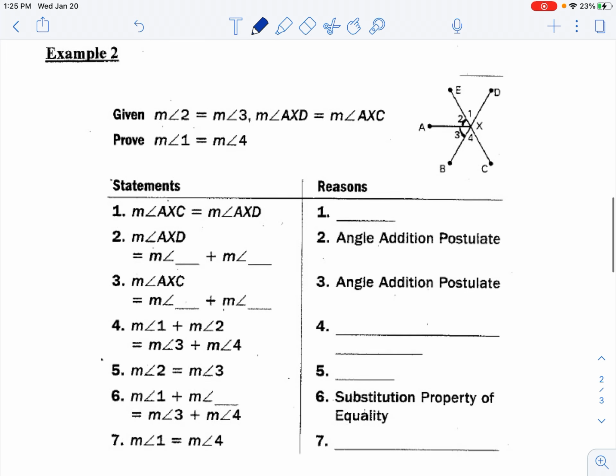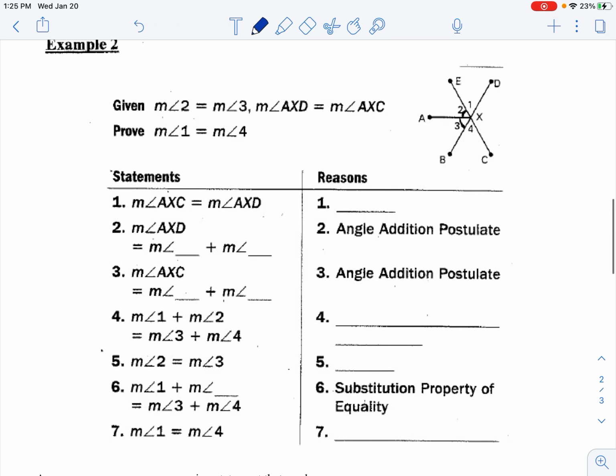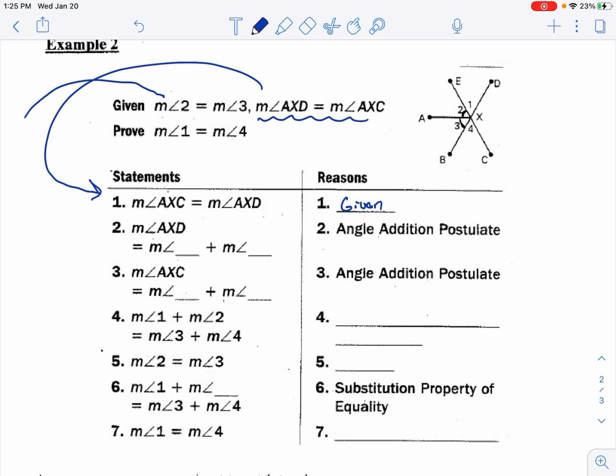Example 2, I give more of the information, and so look at all the blanks on the reason side. I want to make sure that you guys are focusing on the correct thing. Number 1 says measure of AXC is equal to measure of AXD. That just comes from here. You'll notice that that is going here to our given. And I also did measure of angle 2 equals measure of angle 3. That comes down later, and so this angle 5 is also given. And then we are trying to prove, which is pretty important here, that measure of angle 1 equals measure of